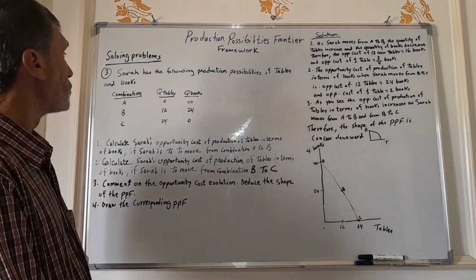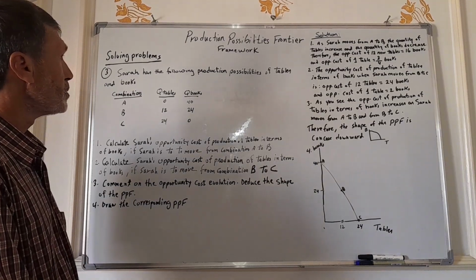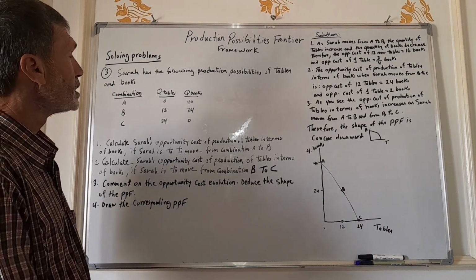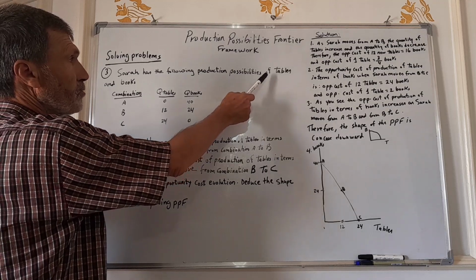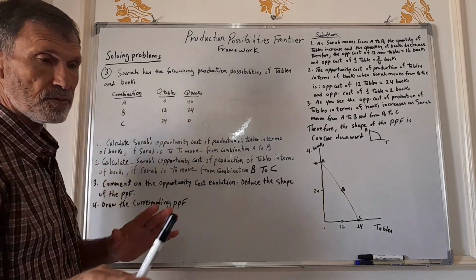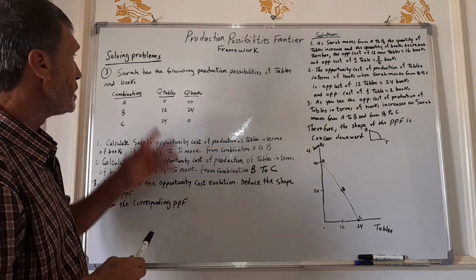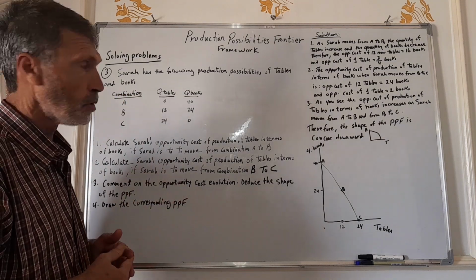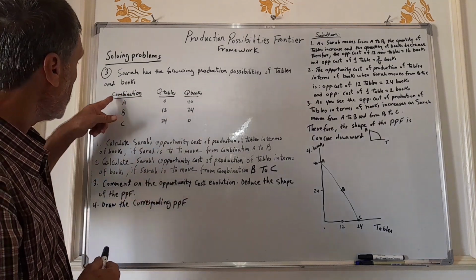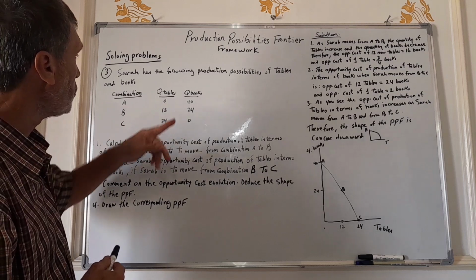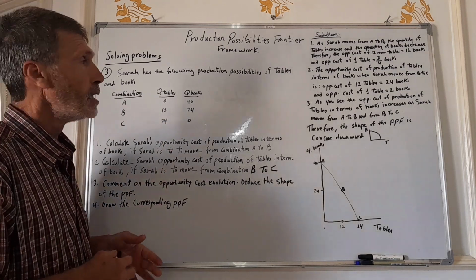Okay, now we move to problem 3. Problem 3 says Sarah has the following production possibilities of tables and books. So we have two goods, tables and, of course, books. Now, as you can see, this is the combination of the two goods that Sarah